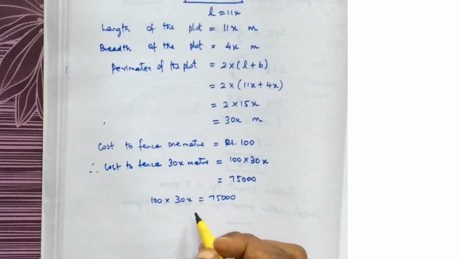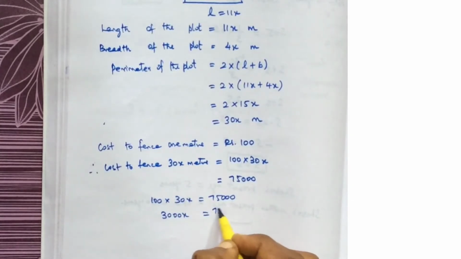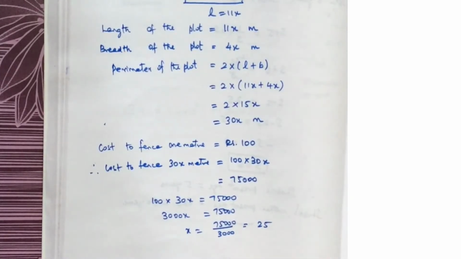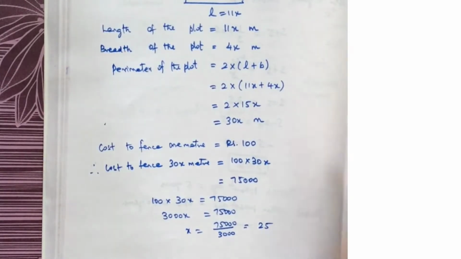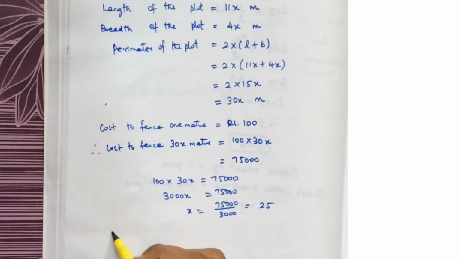So now this is 3000x equal to 75,000. x equal to 75,000 divided by this 3000, that is equal to 25. Now the x is 25. The question is, what are the dimensions of the plot? Therefore,